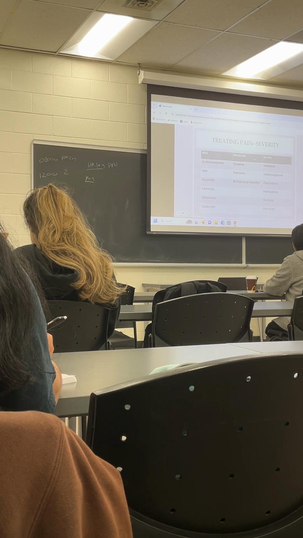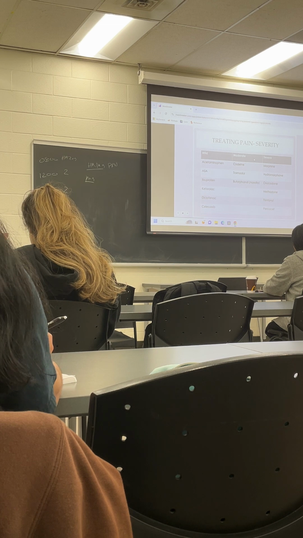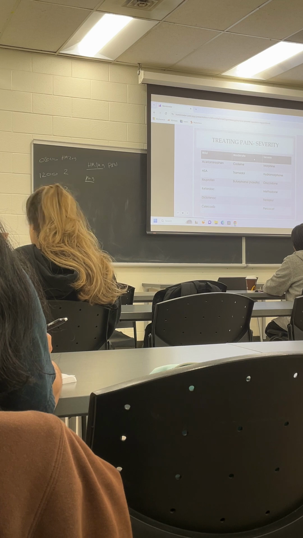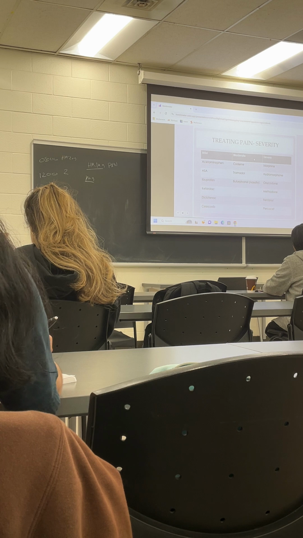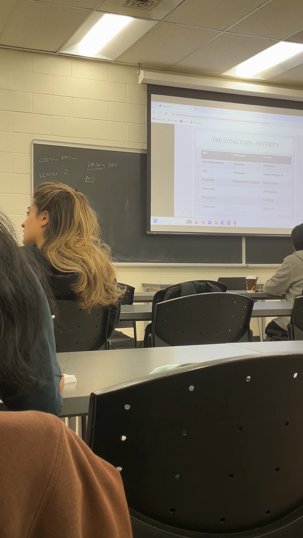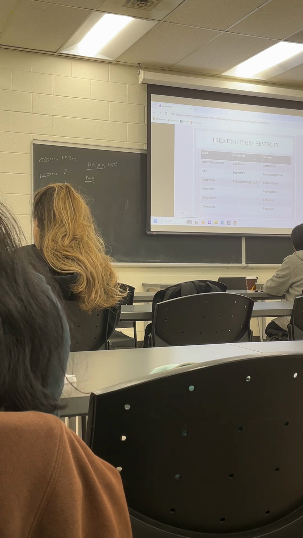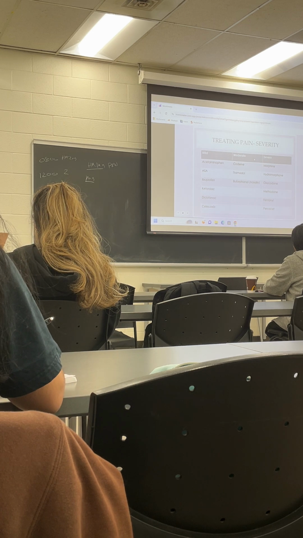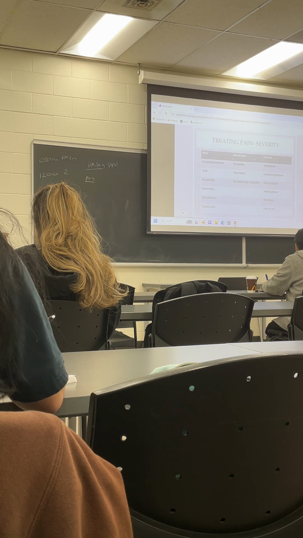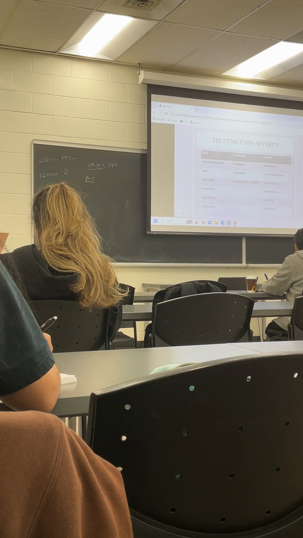The next one we have is tramadol. Does anyone know what tramadol is? Does anyone know what Tramacet is? Yeah, you're absolutely right. Acetaminophen? There is acetaminophen in it, absolutely. Basically, tramadol is another form of opioid, but it's going to be given as a pill. Tramadol and Tylenol put together give you Tramacet.